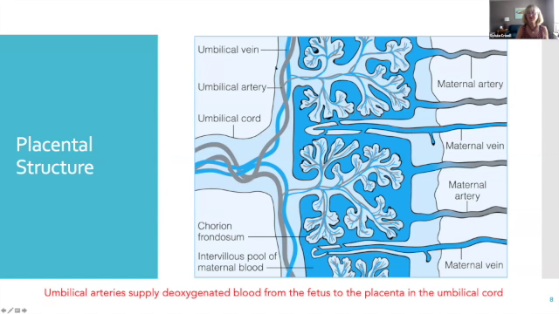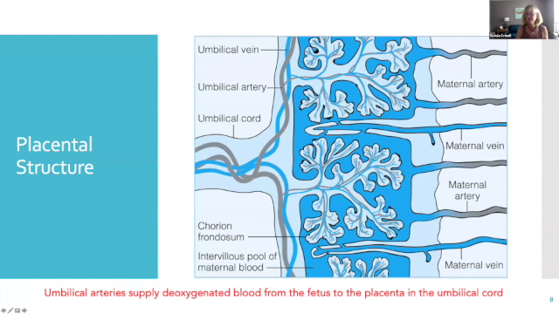Now look at this. This is coming from the fetus. See how these blood vessels, tiny capillaries now, branch out into this placenta. They're getting all the oxygen and all the nutrients, and getting rid of all the waste products through this interface. Now, maternal blood is in here. It's the dark blue part, or whatever color that is, baby blue.